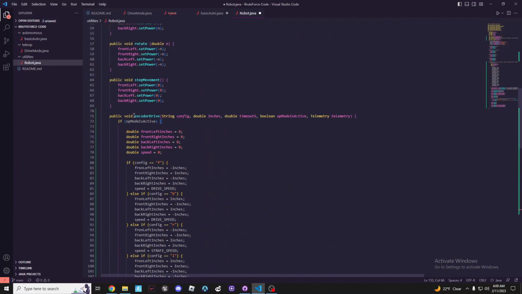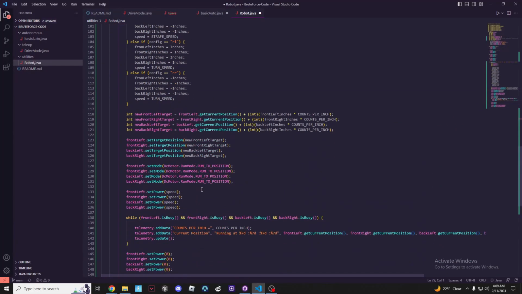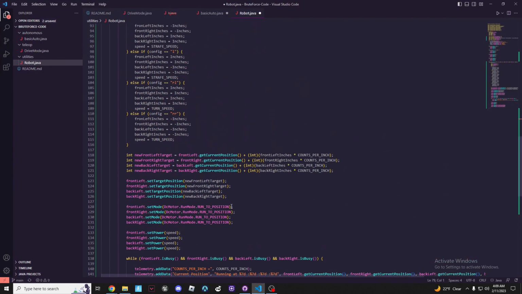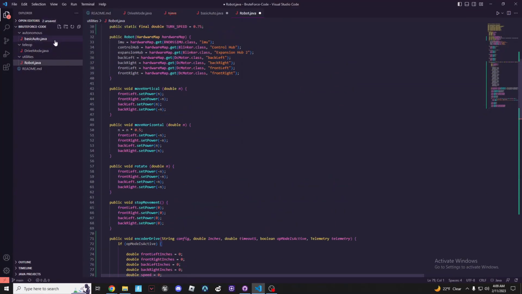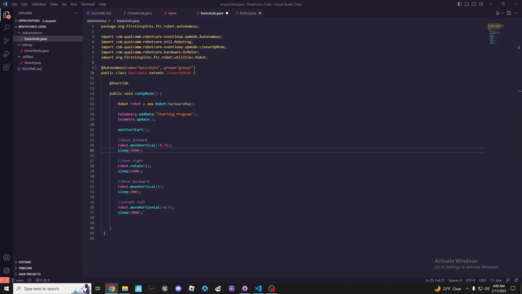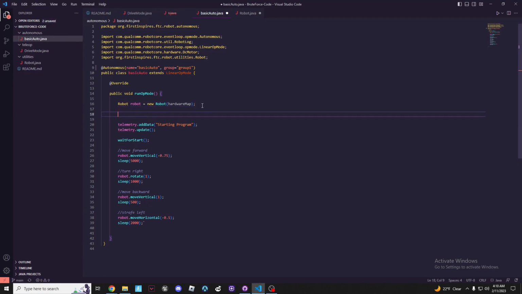We now have our beautiful encoderDrive function that will help us use encoders to drive to a certain position in inches and stop at that certain position. So now let's actually implement this in our basic autonomous. So the first thing we're going to want to do is, after we have imported our hardware map, before the wait for start, we're going to want to stop and reset all of our encoders and then run using all of our encoders. So we're going to want to say robot dot